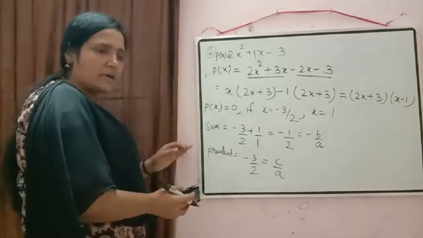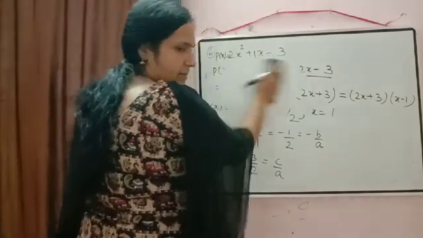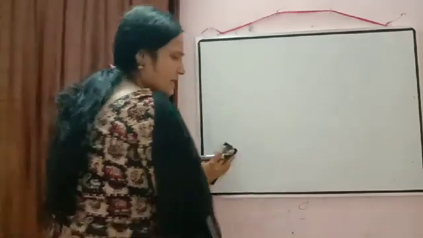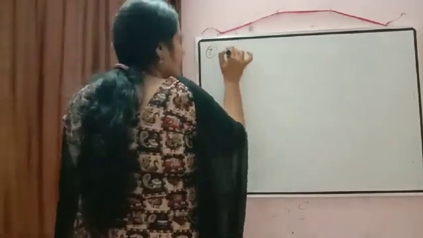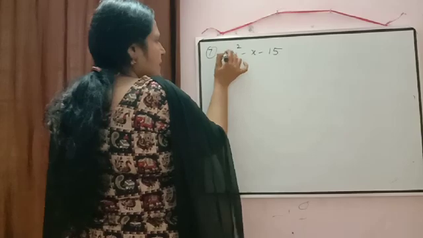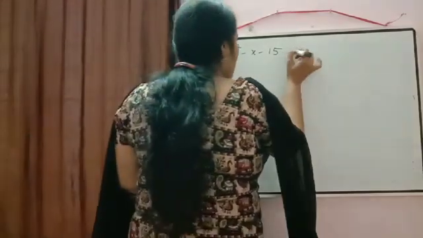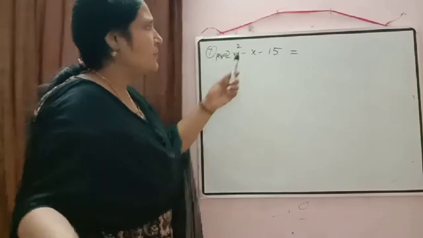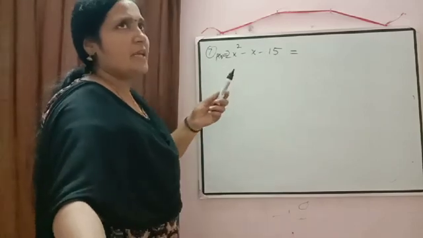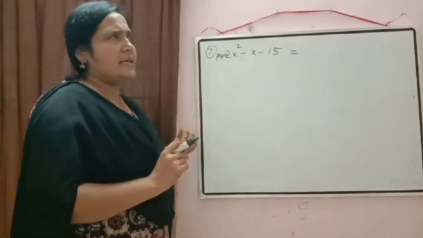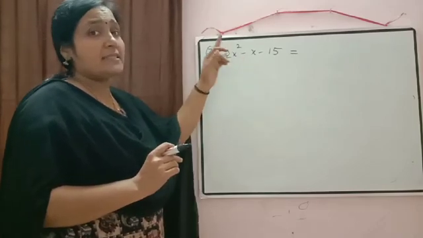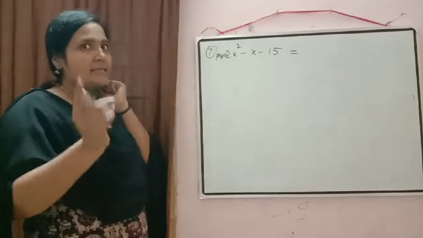Okay, write down. The next one is 2x square minus x minus 15. Seventh question is 2x square minus x minus 15. So again you can write down here it as P of x is equal to. Again we need two numbers. Sum should be equal to minus 1 and product should be equal to 2 into minus 15, so that will be equal to minus 30. Which numbers? 6 and 5. And sum is negative, means greater number should be negative. So minus 6 and 5.